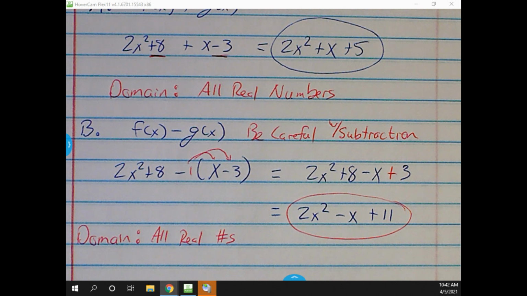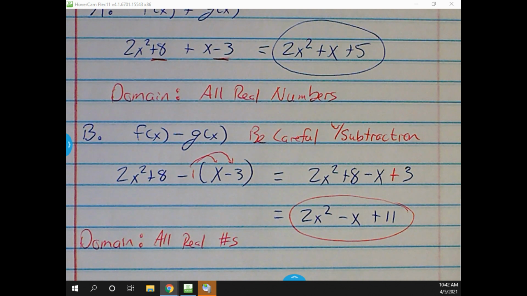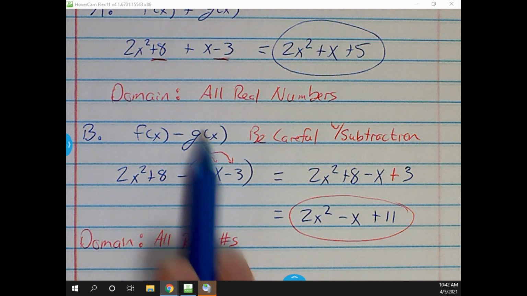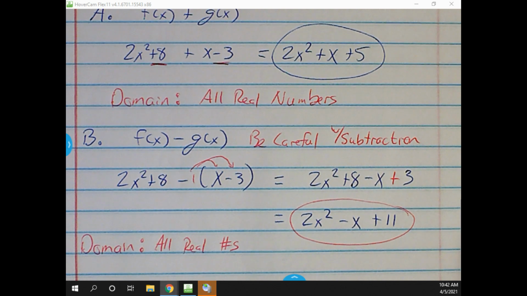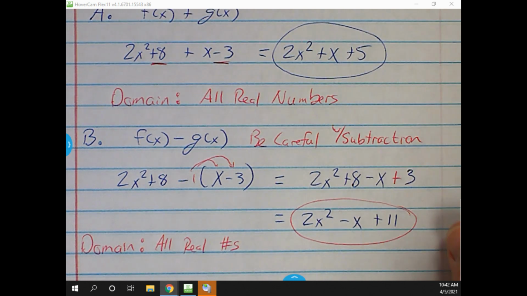Okay, so addition, subtraction, pretty much the same thing. It's just, with subtraction, you have to change some signs, where with addition, you don't have to change any signs. And that's really the only difference. So with subtraction, you're always changing the signs of the second thing, the second function you're going to subtract. With addition, you don't have to change anything. You just combine like terms. Okay, when it comes to multiplication,